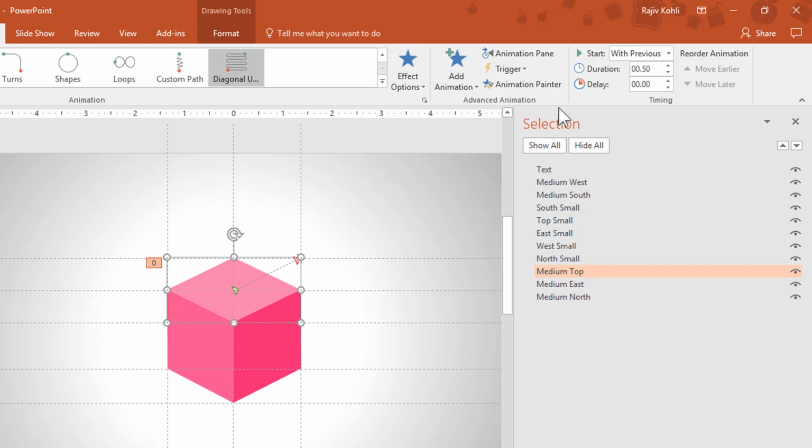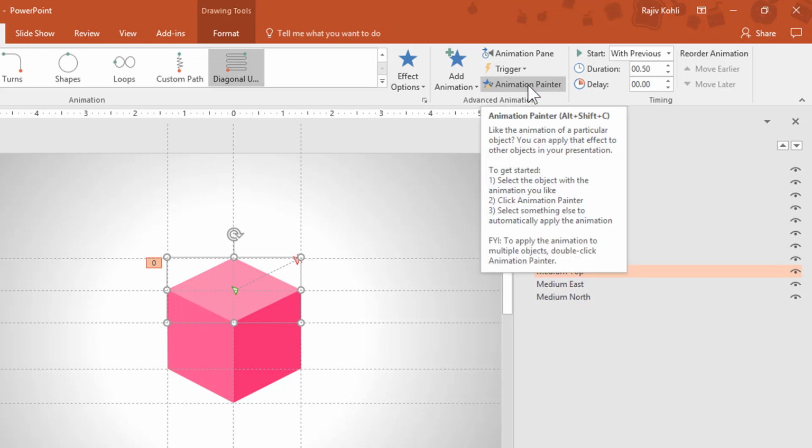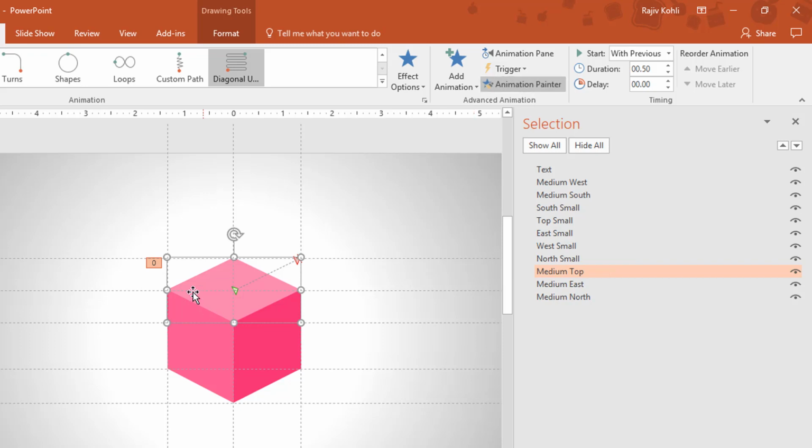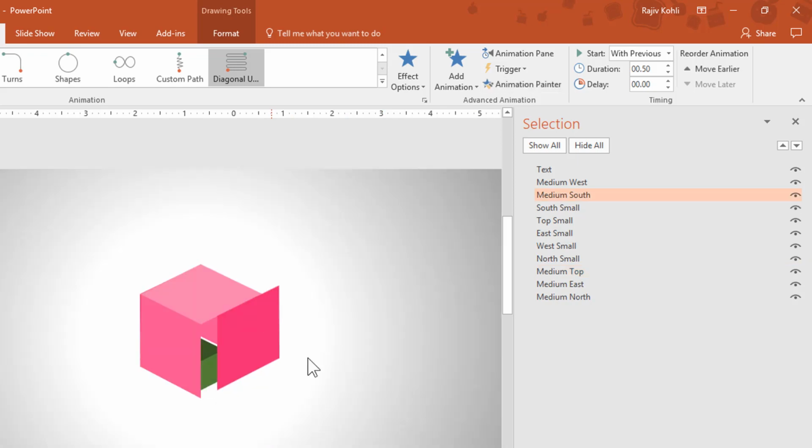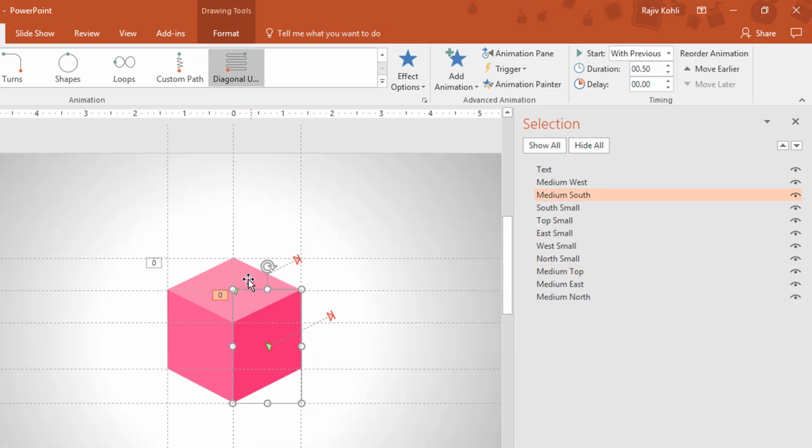I can click on Animation Painter, first selecting the top part where I have already applied the animation, then click on Animation Painter once, and then click on another part, and that will duplicate the animation on that part.